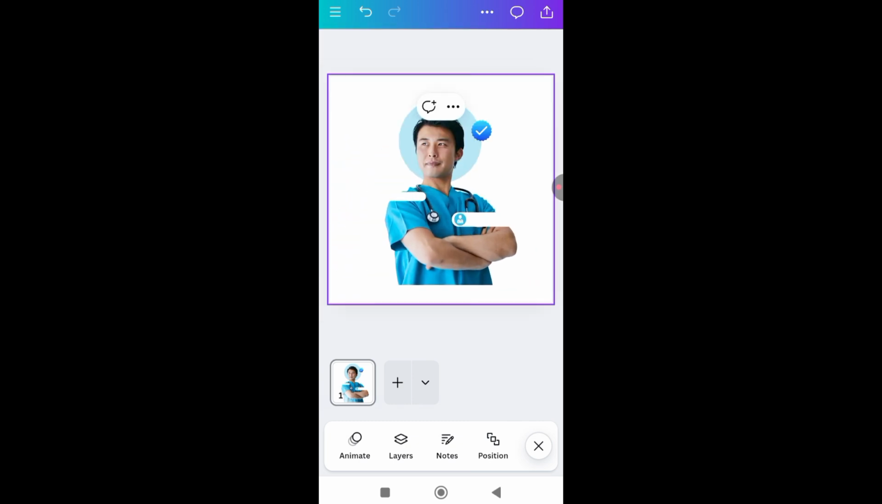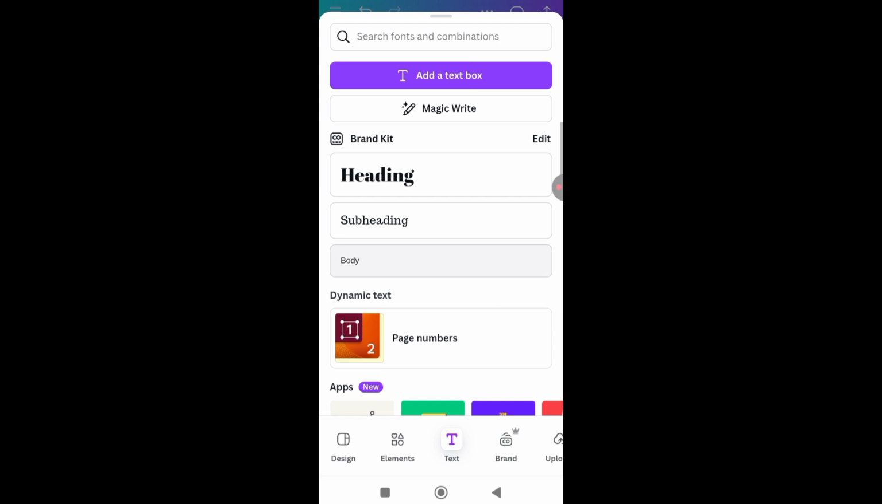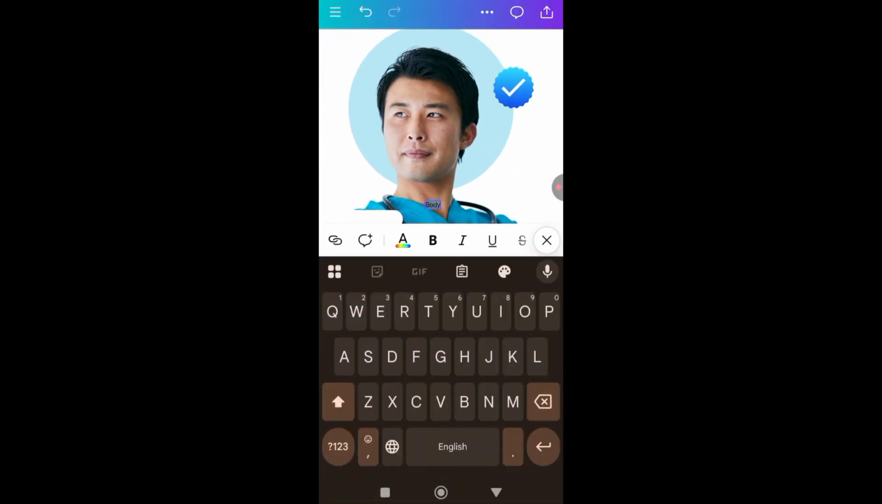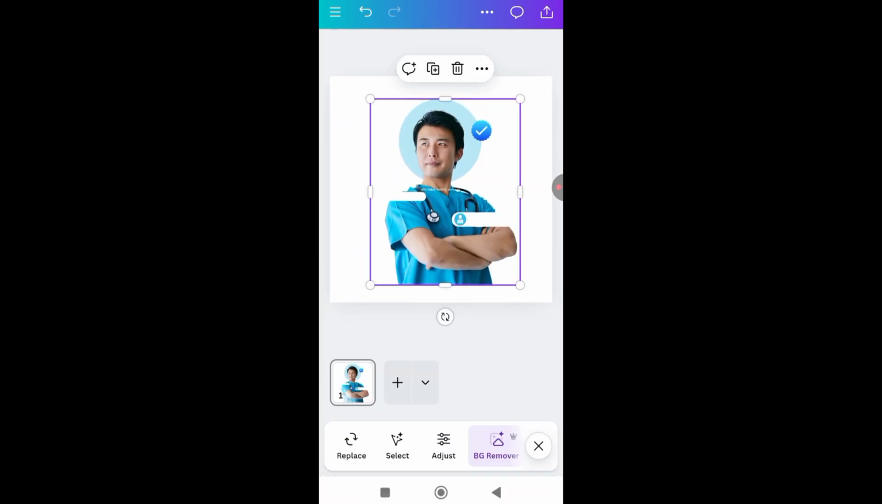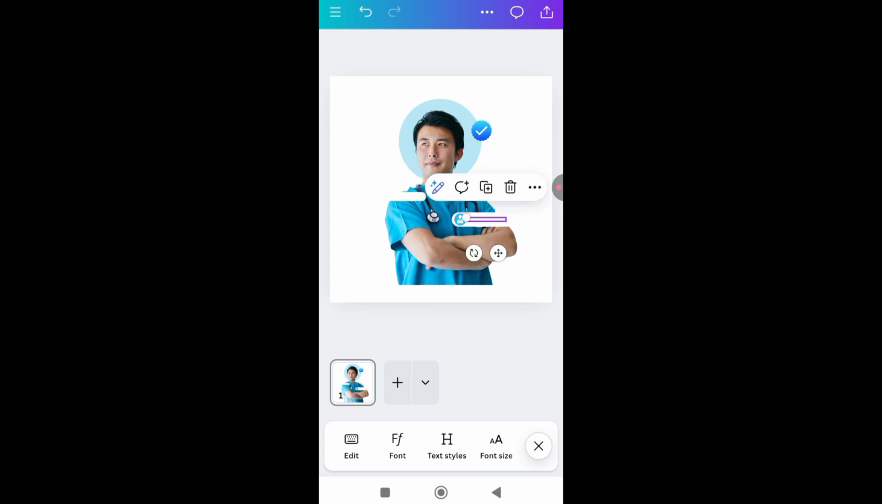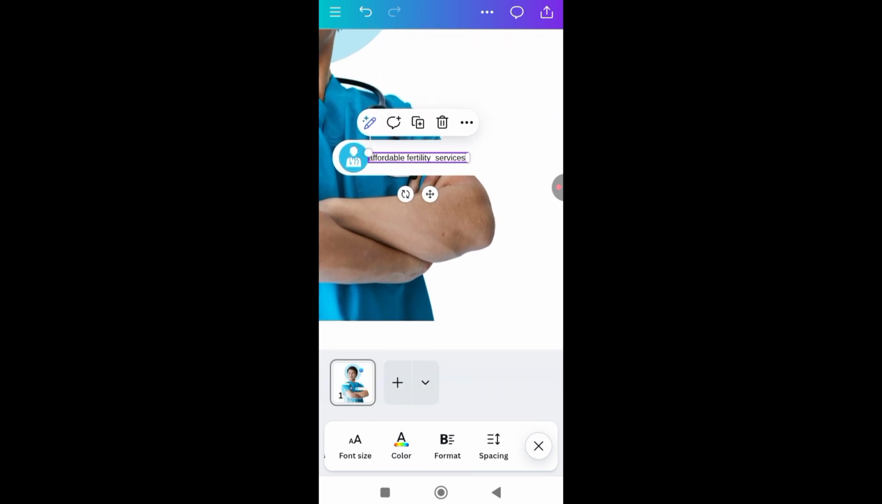The next thing I want to do is to add my write-up. So I come here to text, and I'm going to add a body. So I'm going to type something like, let's say, affordable fertility services. All right, and by the time I'm done, just click on it. I come here, I give it a color that is going to be visible, zoom in, increase the size a little bit,